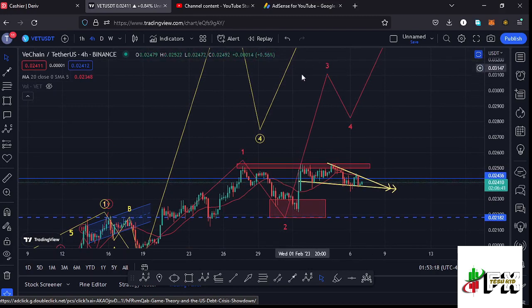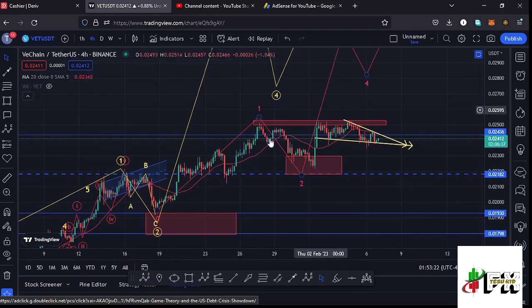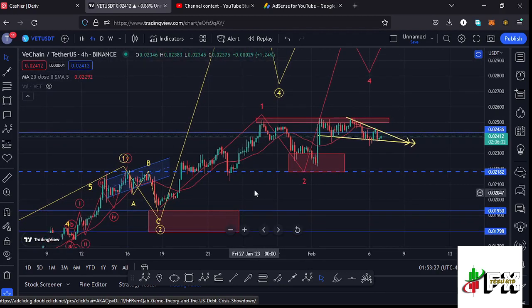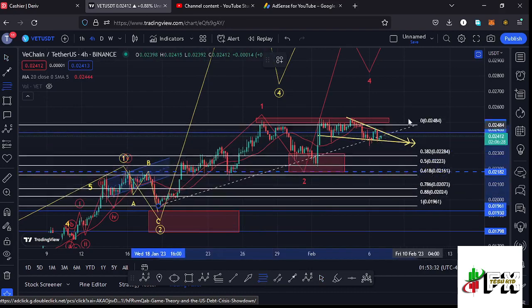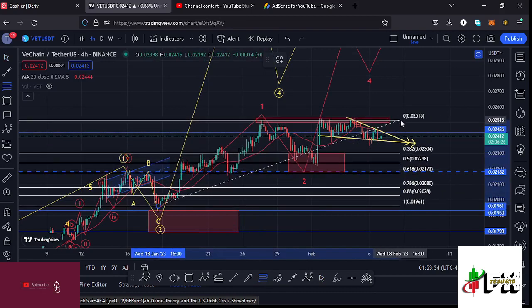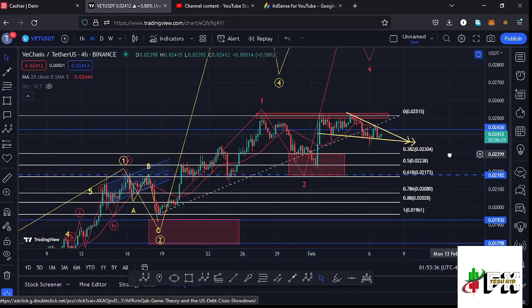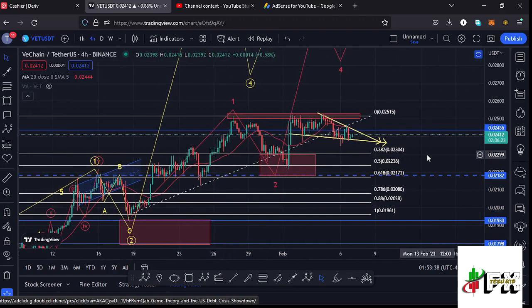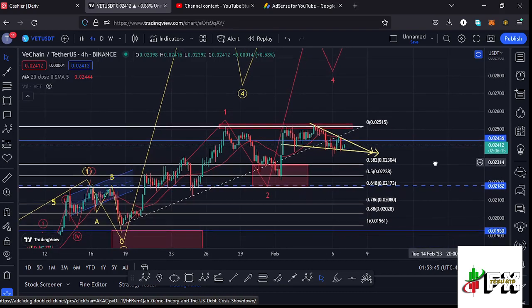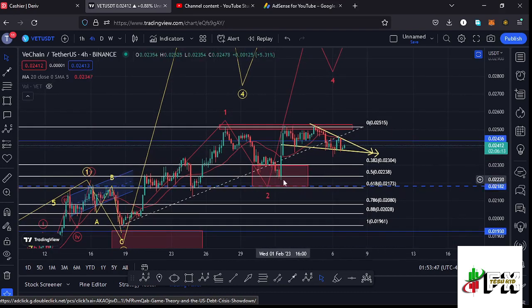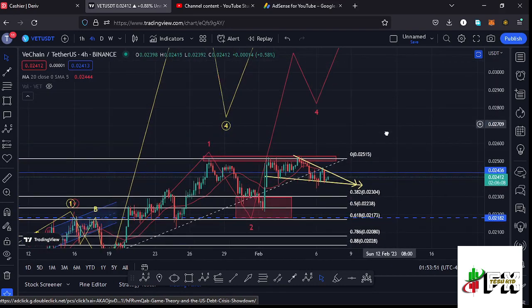And before I give you my target areas to the upside in the formation of this wave 3, allow me to first show you that the second wave, which is right here, has done the minimum that we expect a second wave to do by connecting the Fibonacci's from the low of the first wave to the high of that wave 1, and that gives me a minimum retracement area between the fib level 0.382 and the fib level 0.618, and it is within that red target area that I was expecting to see the low for that second wave. And after retesting to the area between the fib level 0.382 and the fib level 0.5,